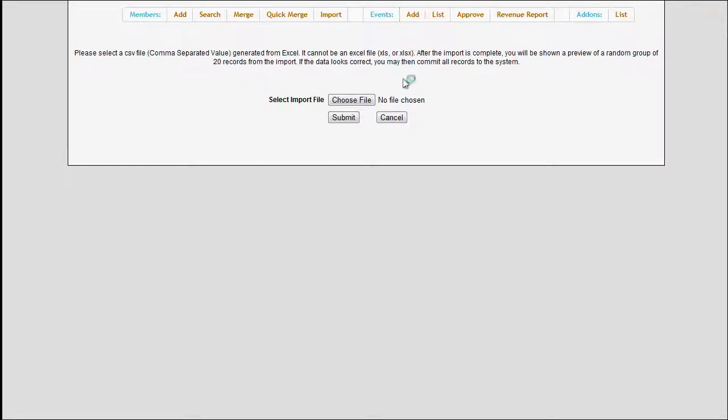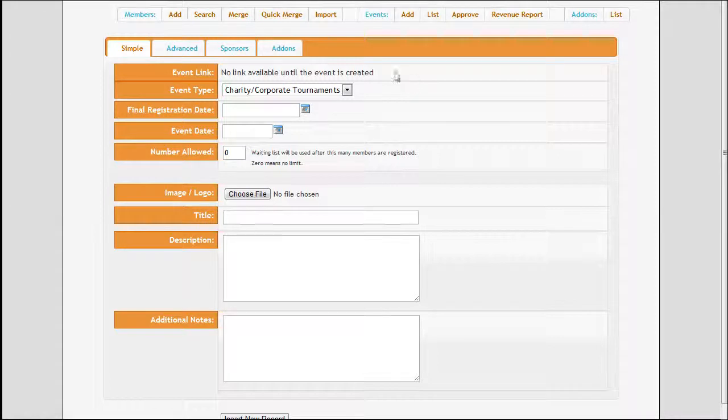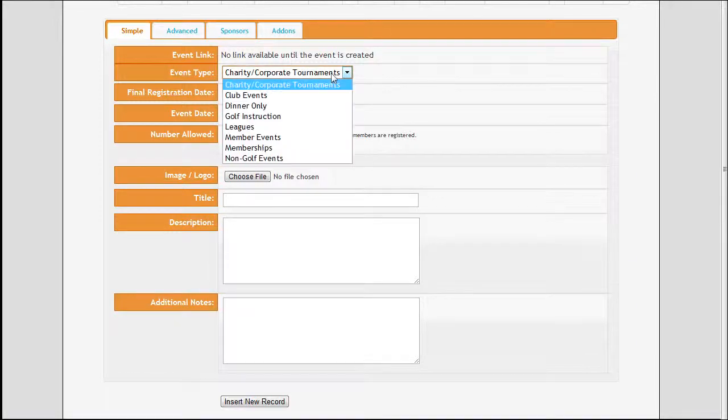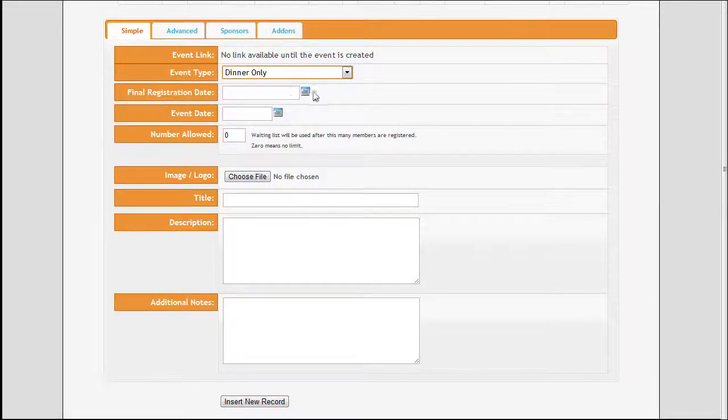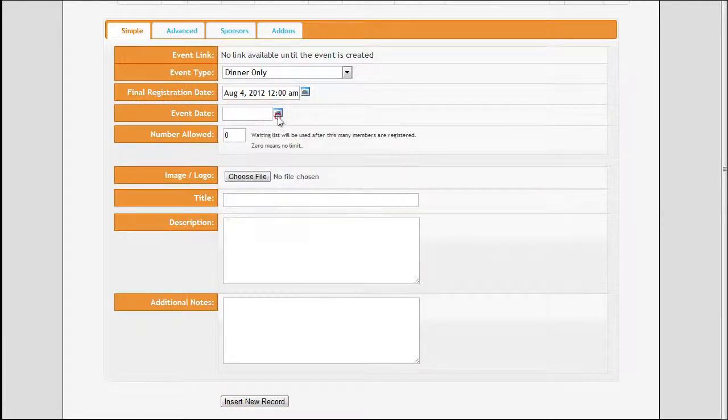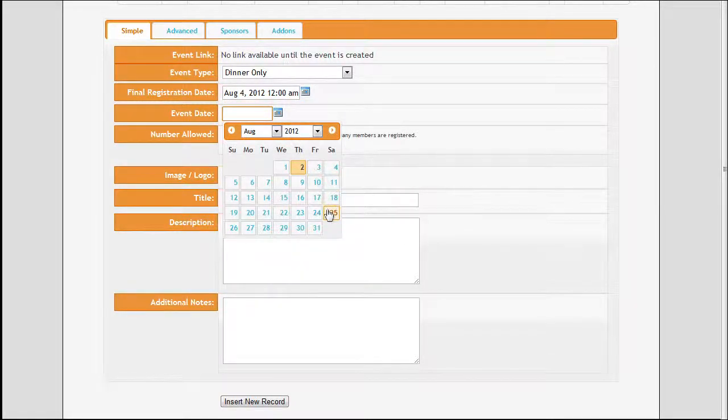The main functionality of this module is to create events. To create an event, simply click the Add button beside where it says Event, and you'll see this page. From here, you can choose what type of event you're creating, when the registration is over, and what time the event starts at. You can also choose the number of people who are allowed to come. If you leave it at 0, then there will be no limit on the number of people that can come